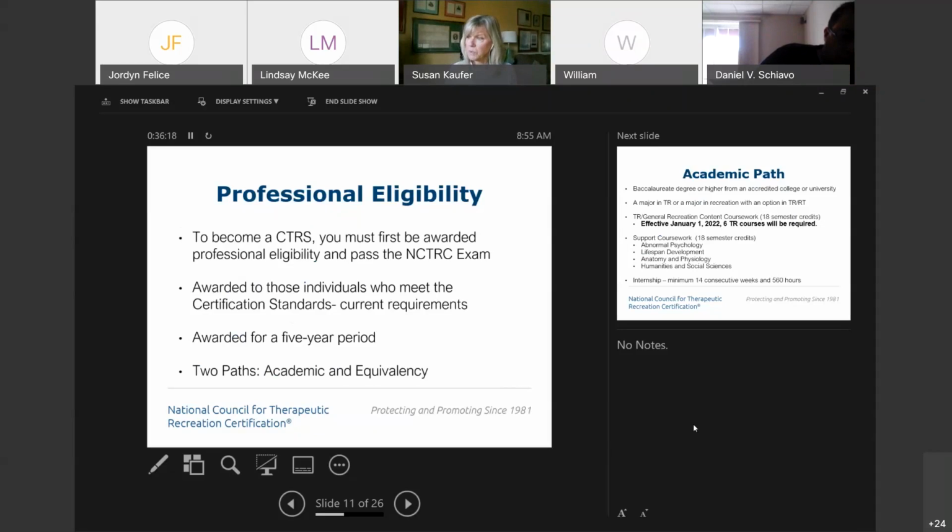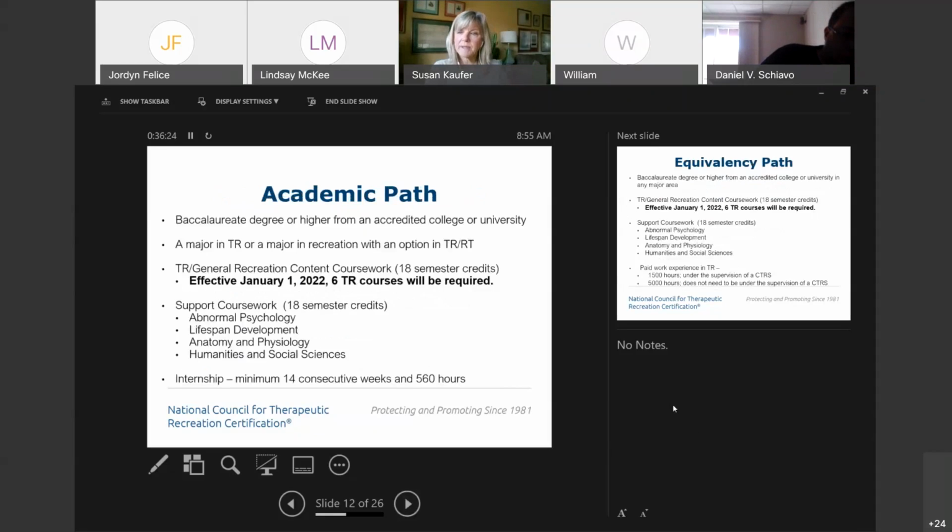There are 2 current paths to gain professional eligibility. We'll speak about those now. The academic path is probably the more popular route for individuals who are earning a degree in therapeutic recreation or a major in recreation with the option in therapeutic recreation.